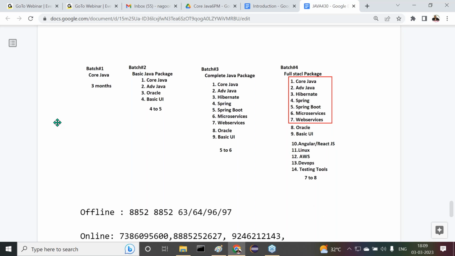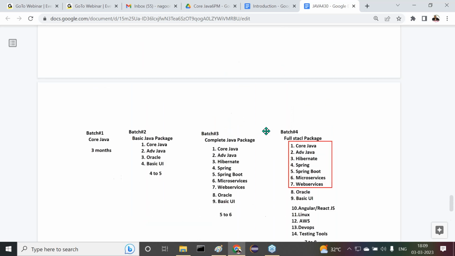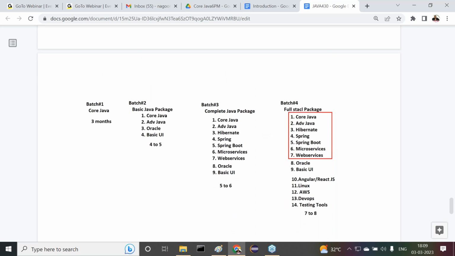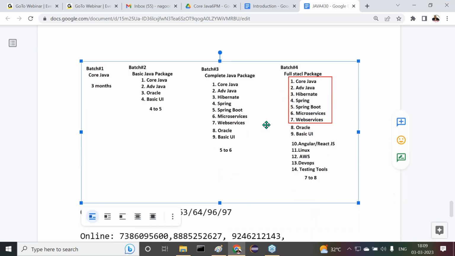Apart from this, regarding these batches, I'm giving information. All right, sir. Apart from that, people are used to asking me continuously, sir, these 4 batches we planned: batch 1, batch 2, batch 3, batch 4. That means core Java only, basic Java, complete Java, or full stack Java. You may plan for these courses. But which course is suitable for me? Which course is suggestible for me? People are asking this question. Got it or not? I'm telling you,